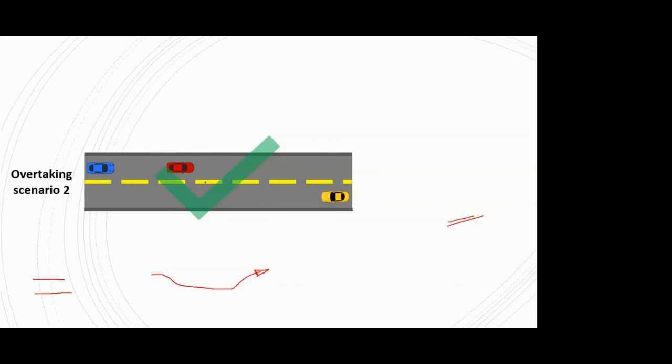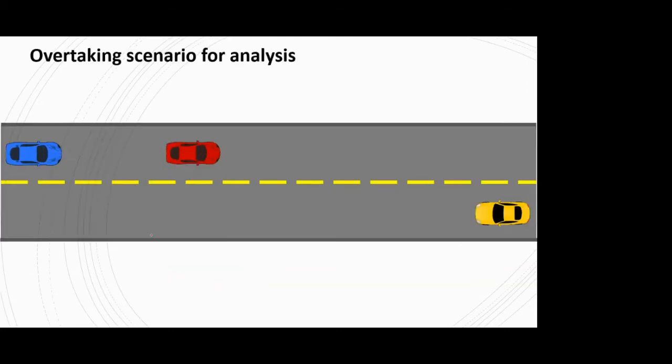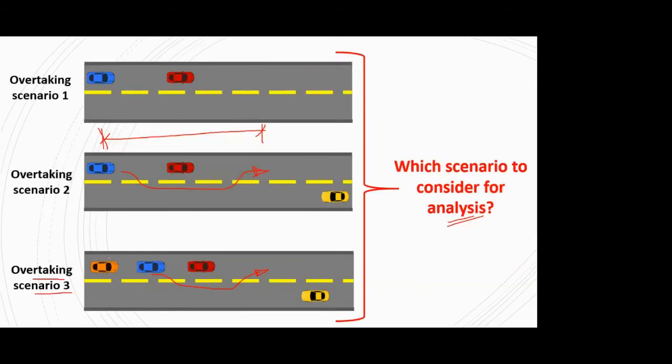for the analysis purpose, because you will be seeing shortly that we need to find the distance for that overtaking operation. Whatever this distance is, we need to find it, and this distance is irrespective of the third vehicle. So irrespective of whether this orange vehicle is there in your system or not, your OSD will be the same more or less.